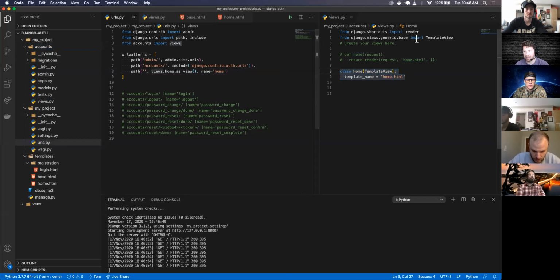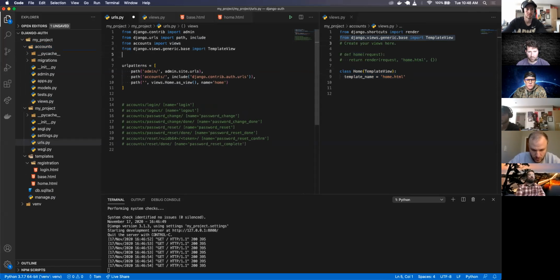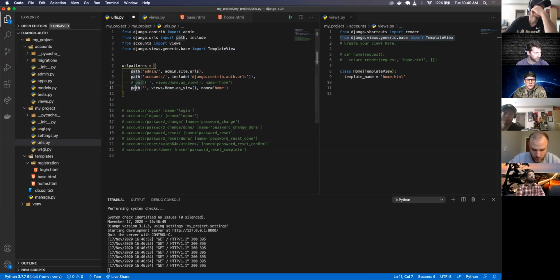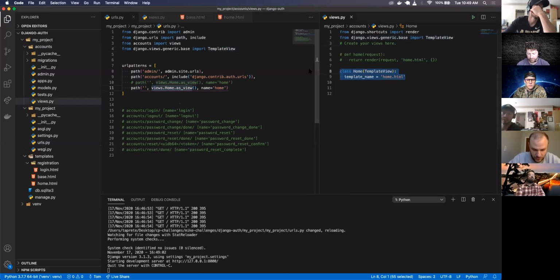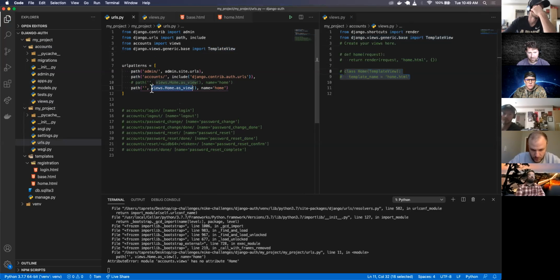And instead of doing everything here, we can copy this over, import the template view here, and literally just say, instead of going to views.home as view, we can render it. We can extract this out and just render